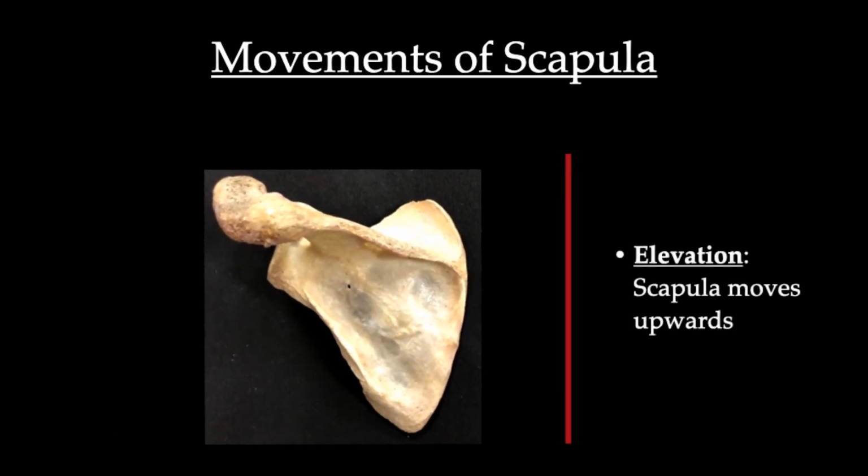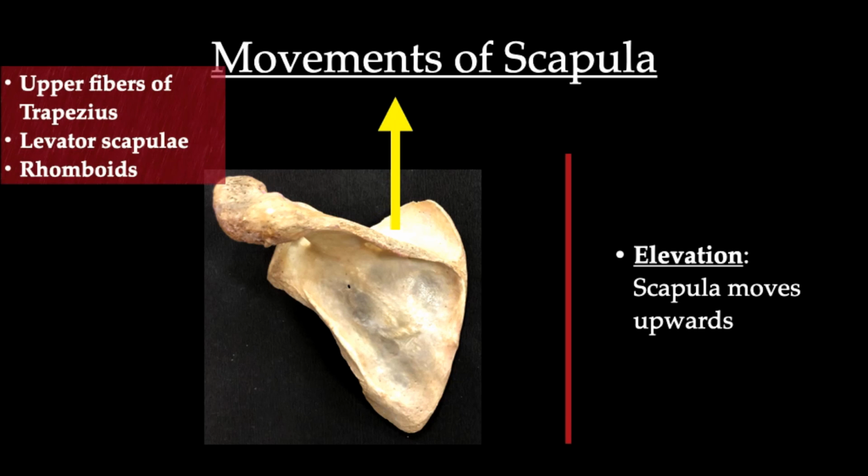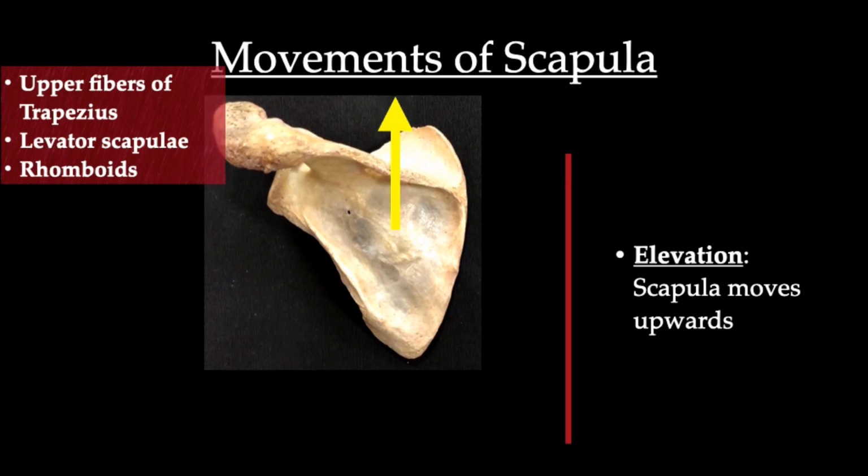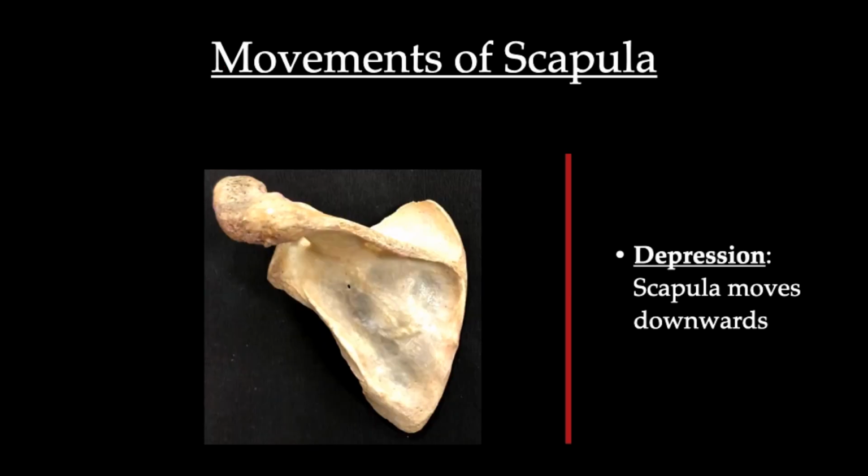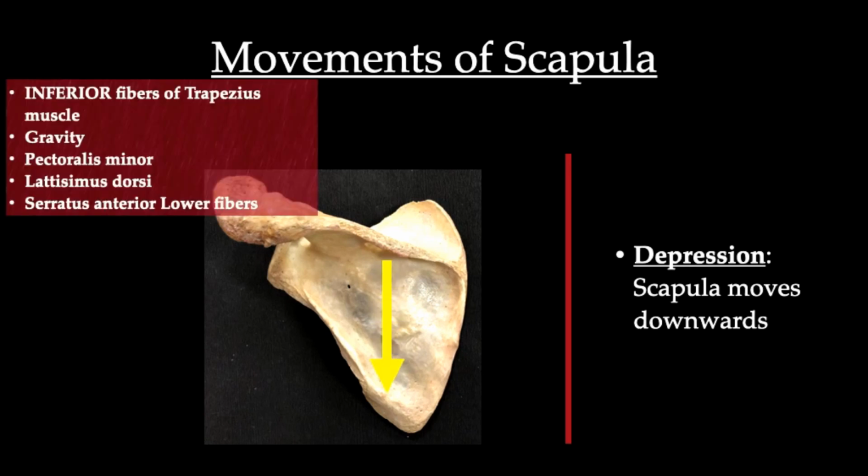The next movement is elevation of scapula. Elevation is the movement in which the scapula is pulled upward, and this is done by upper fibers of trapezius, levator scapulae and rhomboids. This is how elevation occurs. And the last movement is depression of scapula, in which scapula is pulled downward. This is done by inferior fibers of trapezius and assisted by gravity, pectoralis minor, latissimus dorsi and lower fibers of serratus anterior. So this is how